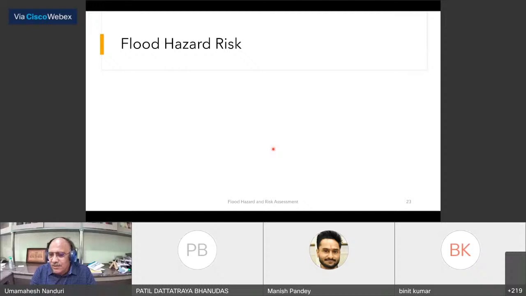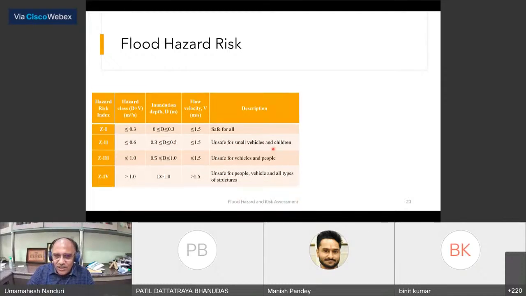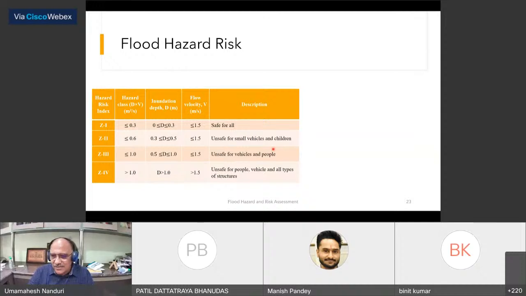So the effect of the flood on humans or society depends upon both the depth of inundation, or depth of flow at that location, and also velocity. So we use these two to define different indices for flood hazard risk. We consider the product of depth and velocity, which is obviously meter square per second. When the depth of inundation is between 0 to 0.3 and velocity of flow is less than or equal to 1.5, and the product of these is less than or equal to 0.3,